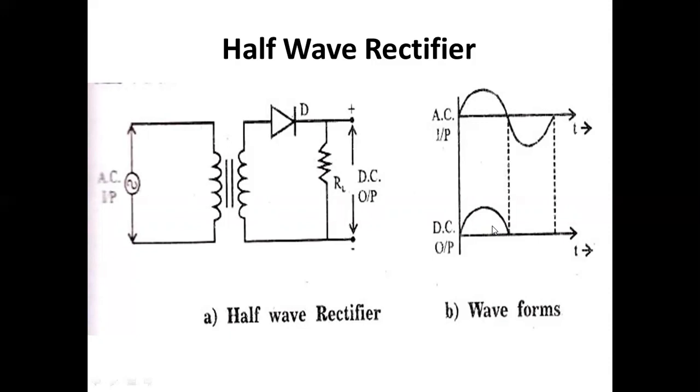Therefore, for a positive half cycle, we are getting the same amplitude as in the AC input. Therefore, the DC output is also nothing but across the load resistance. We are getting a DC output value the same as that of the AC input, in a sinusoidal manner. That is nothing but the rectified voltage. This is the one cycle we considered as the first cycle.